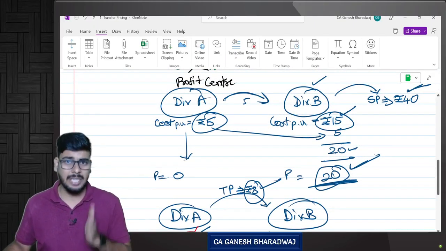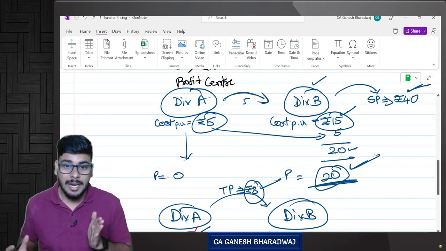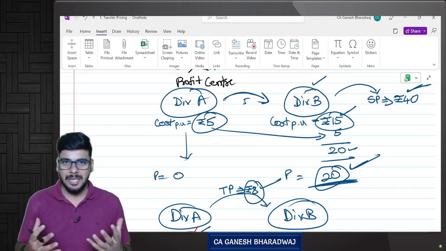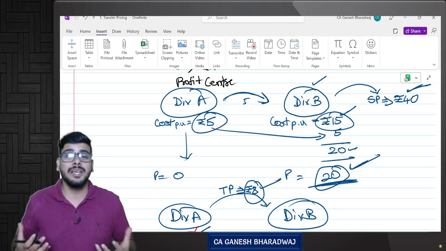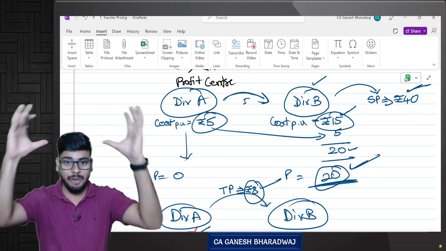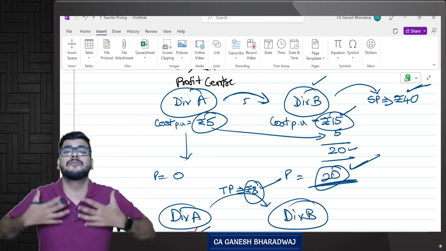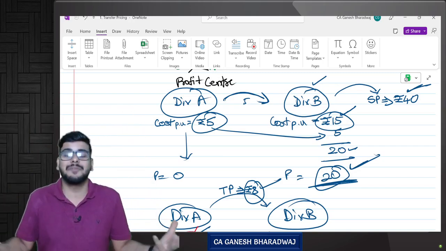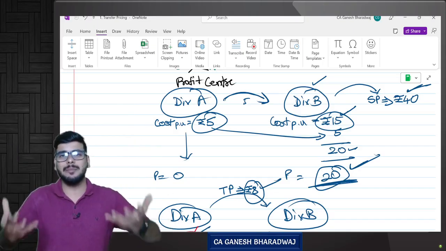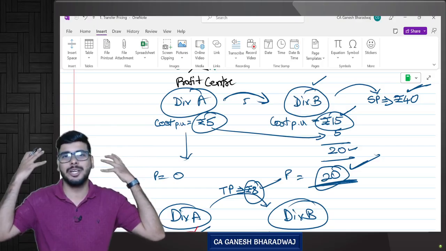And this concept of transfer pricing promotes internal competition inside the company. Why do we do that? In this way, the top management, the board of directors or the managing director, the head office will be able to have a very good control over the affairs of the entity, because all of them are motivated to perform well. Automatically, the company will grow. Are you clear with this?